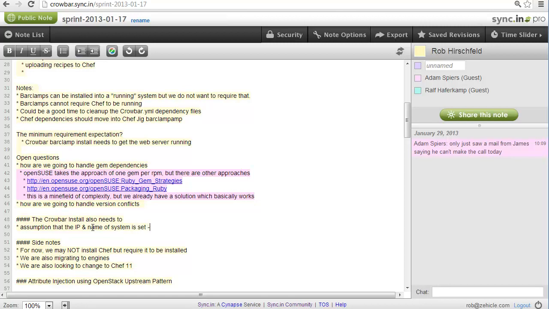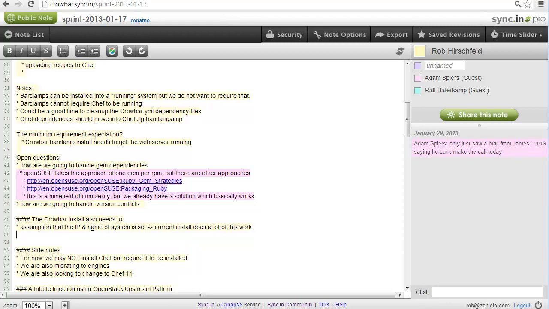Our current install does a lot of this work, and we'll probably want to keep that from a regression perspective, so that people can start with an ISO and move really quickly. But I think what we're talking about now is that